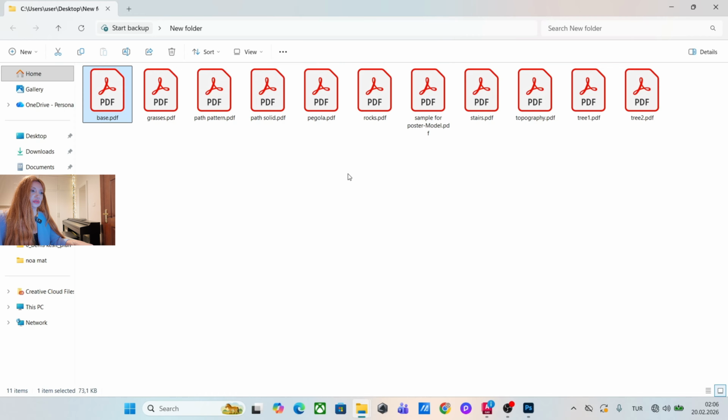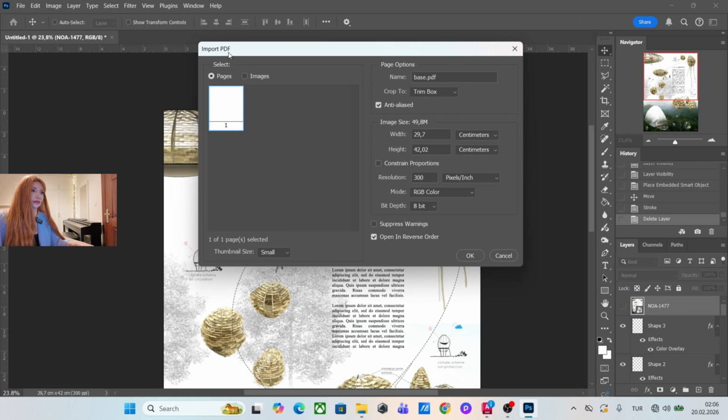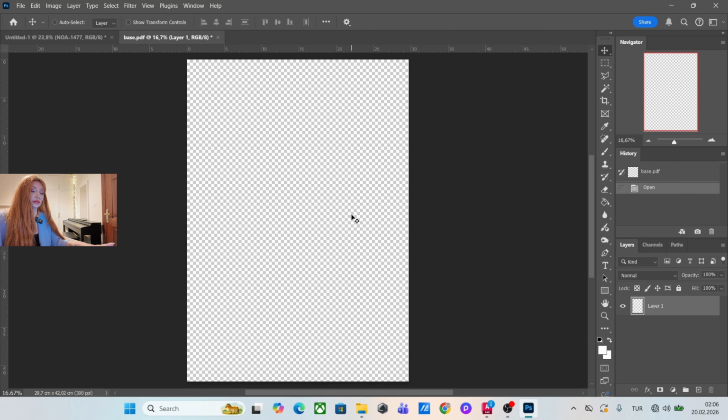Okay, now I need to drag and drop it into Photoshop. Let's drag and drop, but do not drop it in here. Drop it somewhere in this ribbon. Okay, choose the trim box. Now we don't see the drawing, don't worry. Just create another layer